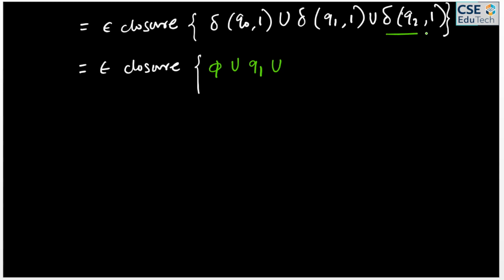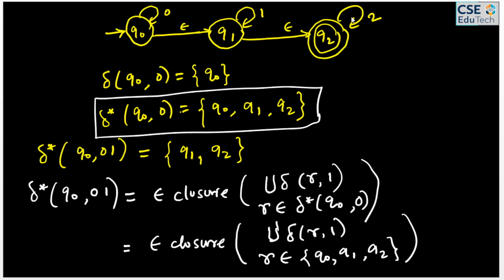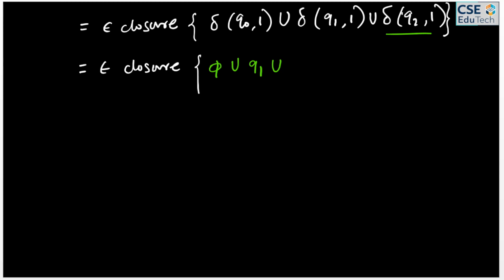Union for Q2 after reading 1, there is no transition, so it is null or empty. So now it gives the epsilon closure